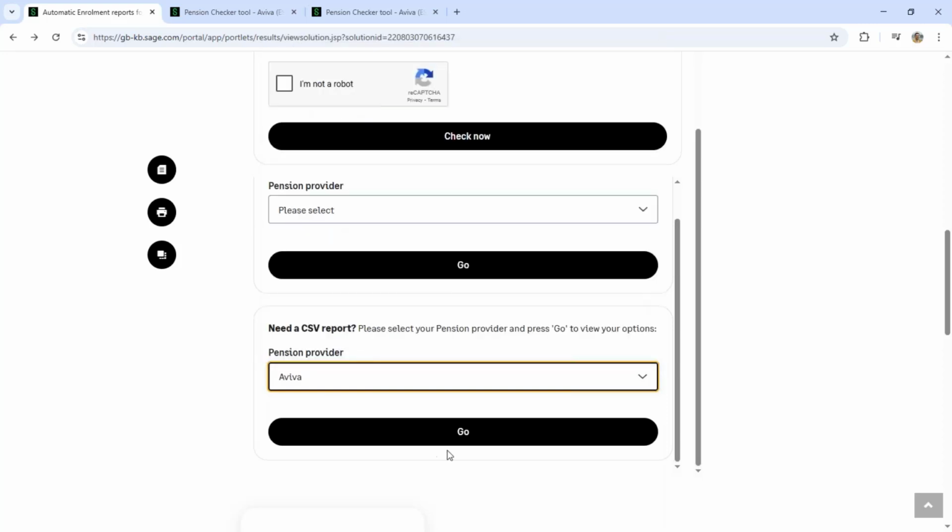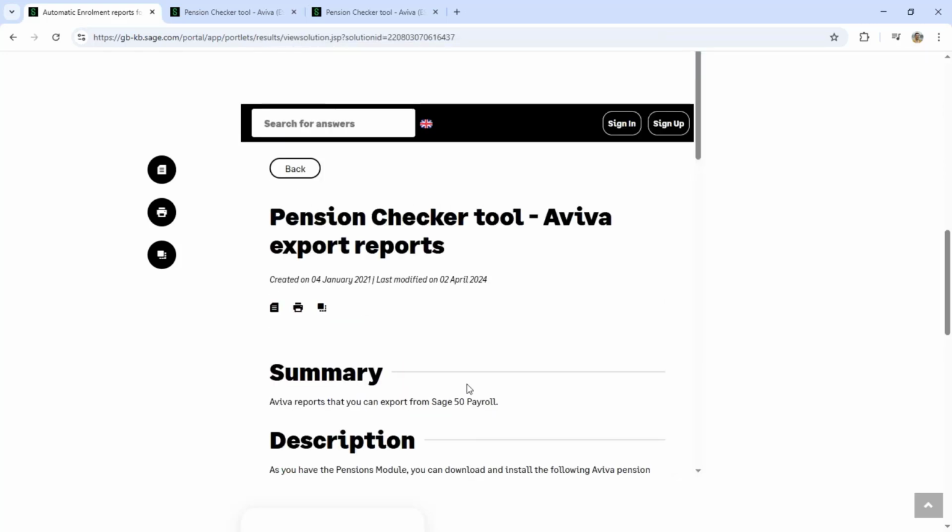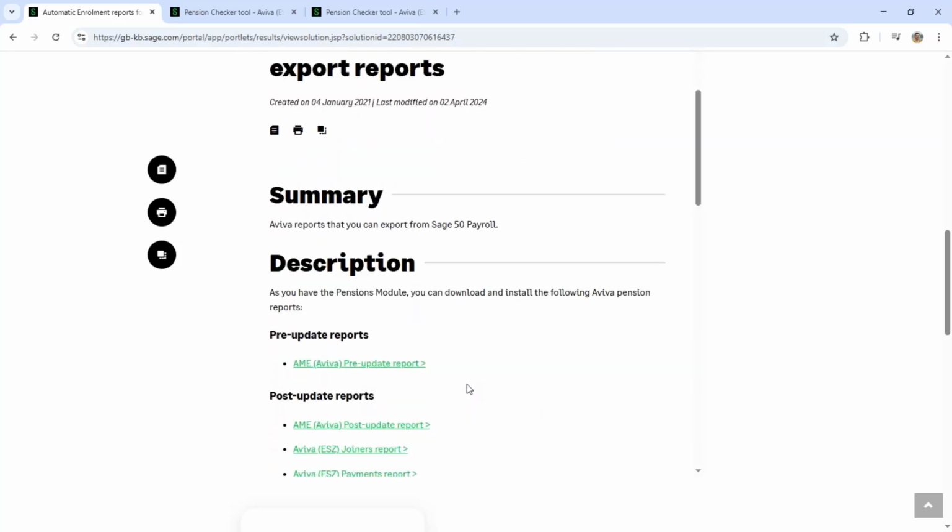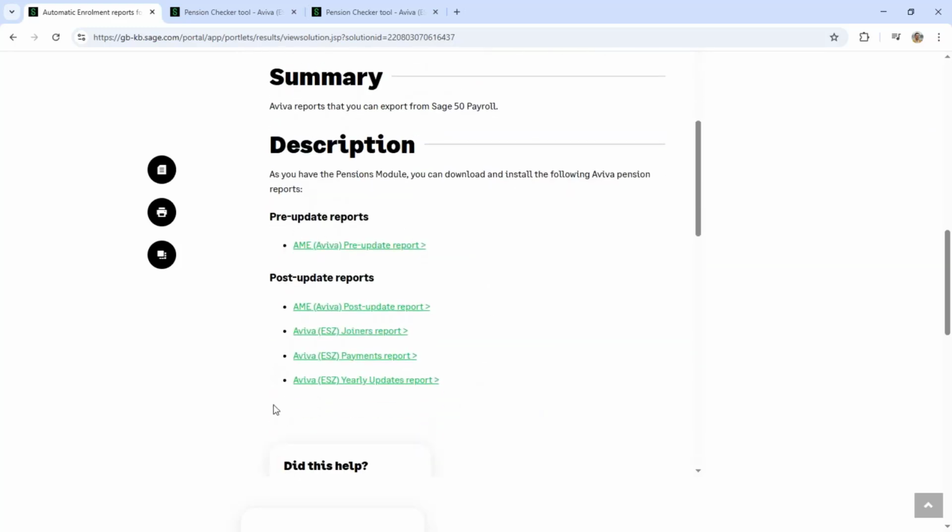So if I choose Aviva, for example, and click Go. That takes us to the Aviva export reports. There's a few available. So the ones I've downloaded is the joiners report and the payments report. And when you click onto these links,